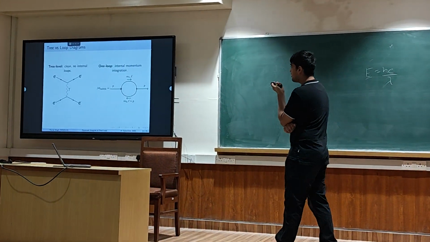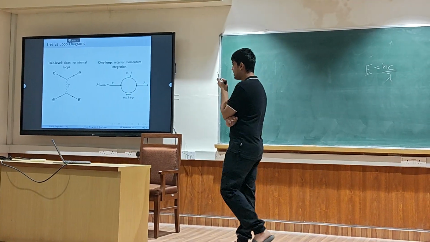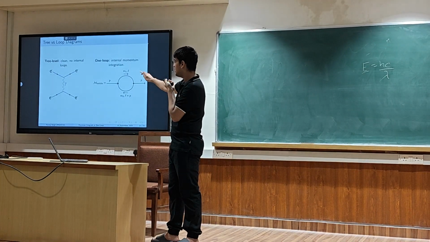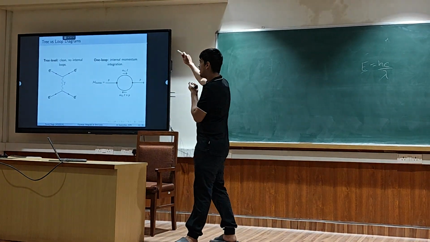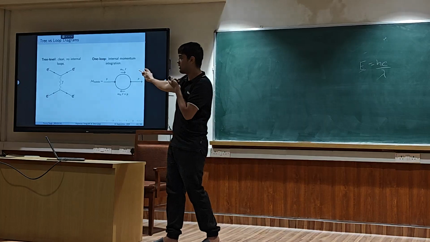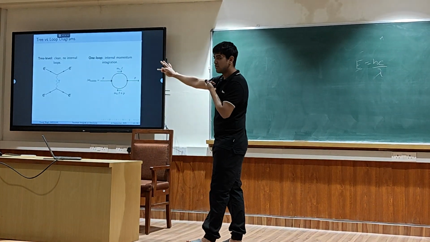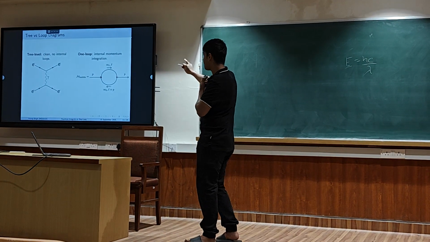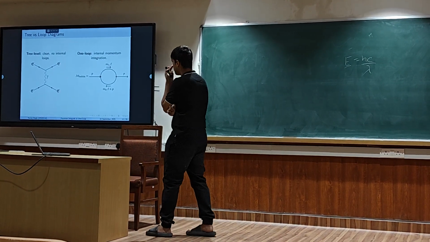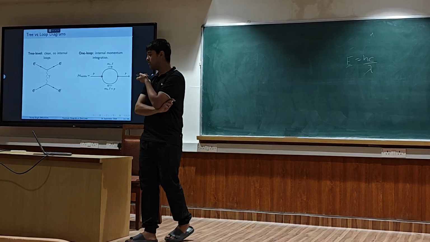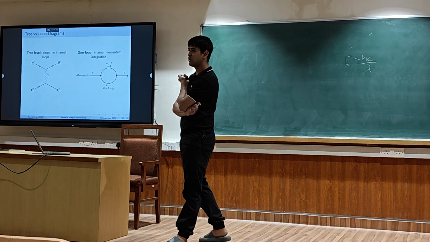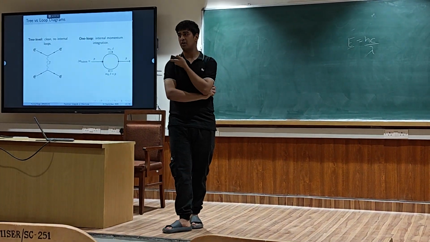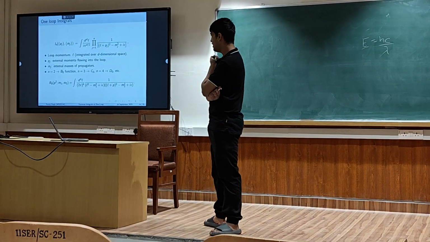So these are the two Feynman diagrams at core. One is a tree-level diagram. There is no internal propagator there, just the P initial coming in and P outgoing. There is no internal propagator momentum here, and we can exactly solve this. And this is the case of a one-loop diagram. Here we have an internal momentum of L, and this L can vary anywhere from 0 to infinity. There is no restriction on that. Basically, these are the things that give rise to infinities in our Feynman diagram, which we will see.